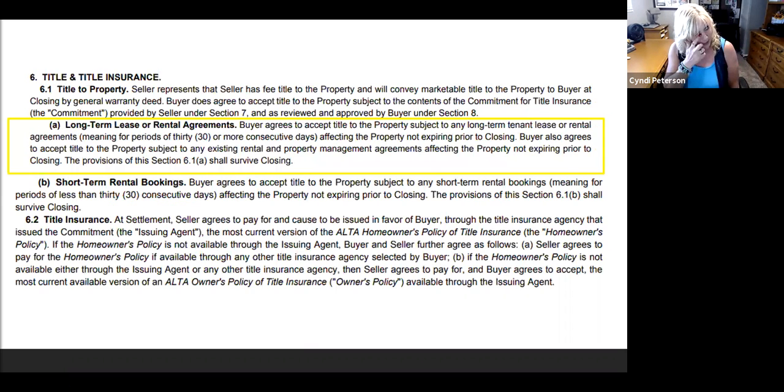Okay, so title and title insurance. Of course, we all know that everything goes through the title company. So as far as the property goes, they have,